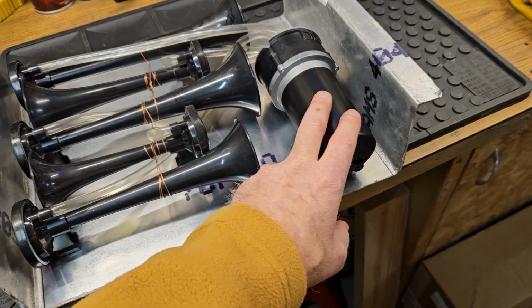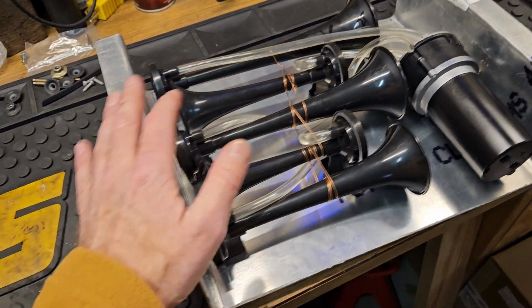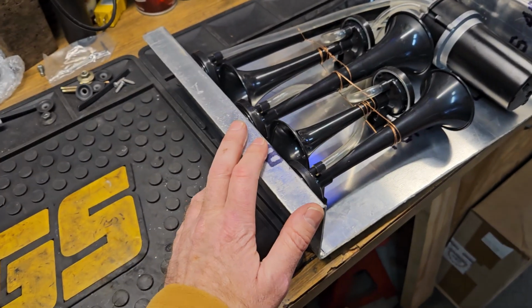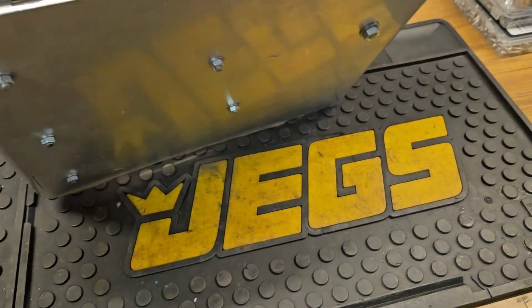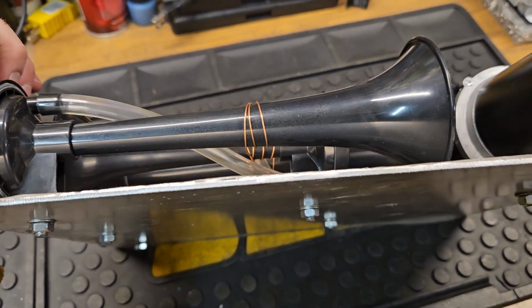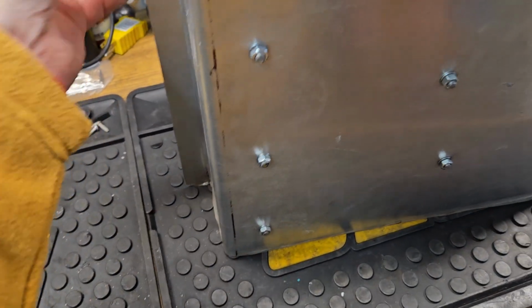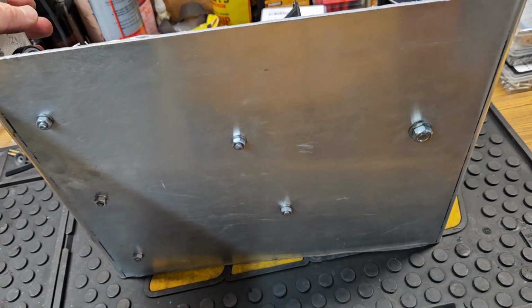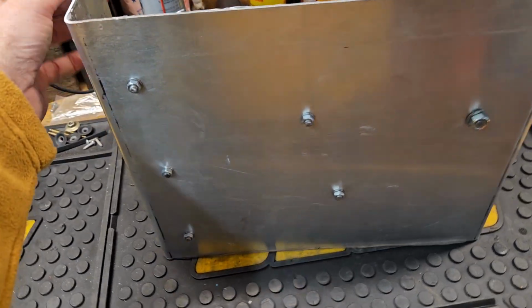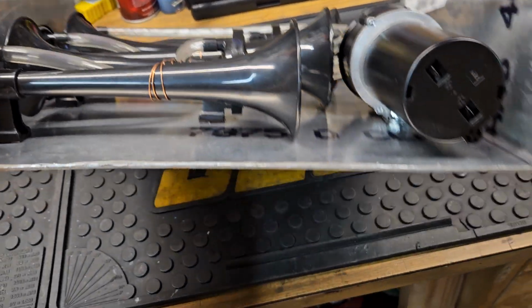Okay, awesome. So right on to what we're doing here. We are going to now install this thing in my '65 F-100, and I'm trying to figure out how to do that. But real quick, let's just go over this. Basically, I got a piece of 1/8 inch aluminum. I can't remember exactly what gauge it was, but I want to say it was 16 or 14 gauge, something like that. But anyway, the other thing that I also did with this, just so that you know,